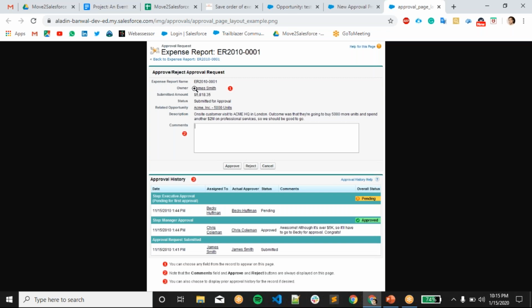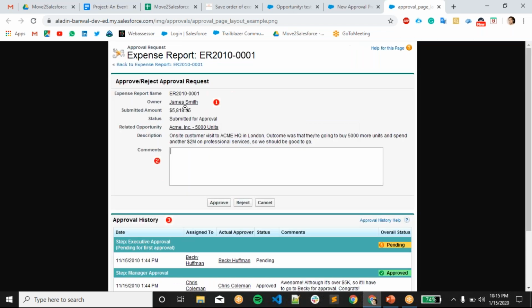Expense report name, this is the simple example. The owner who has submitted that approval process, and the submitted amount. If that amount is selected, these fields will be there. The comment will be there by default. The approver will be adding a comment whenever he approves or rejects.